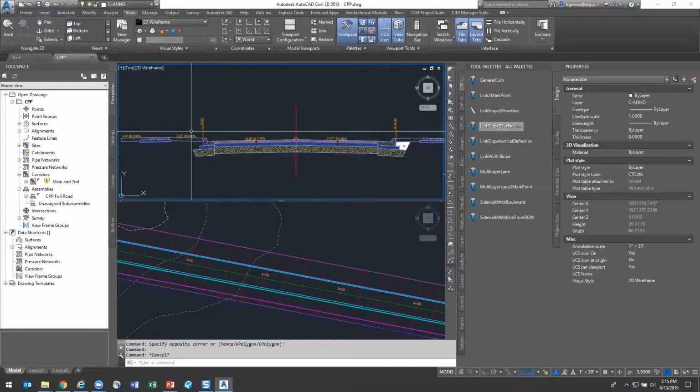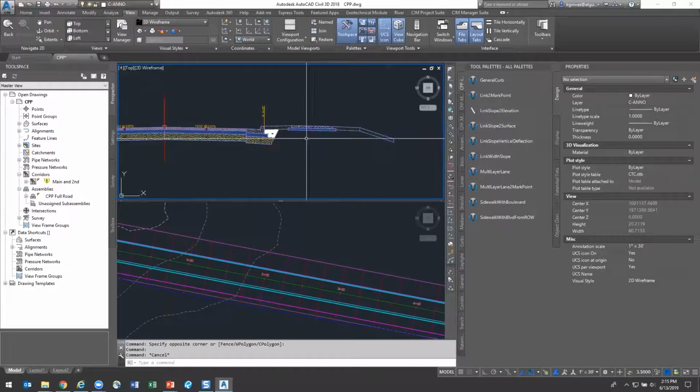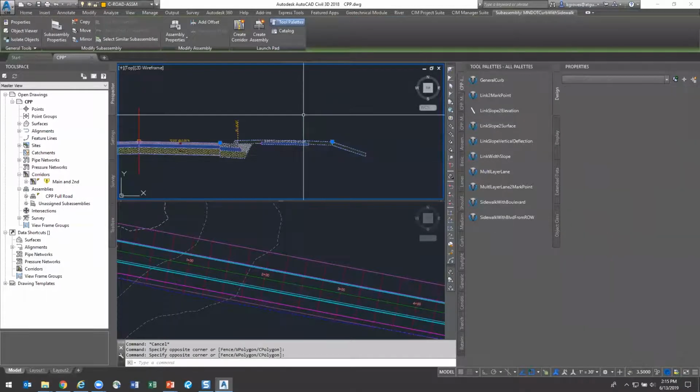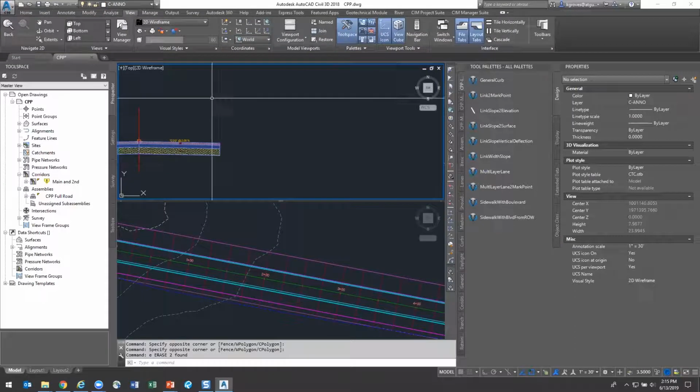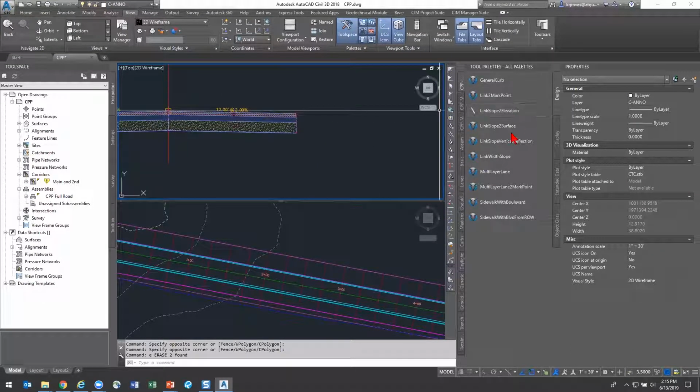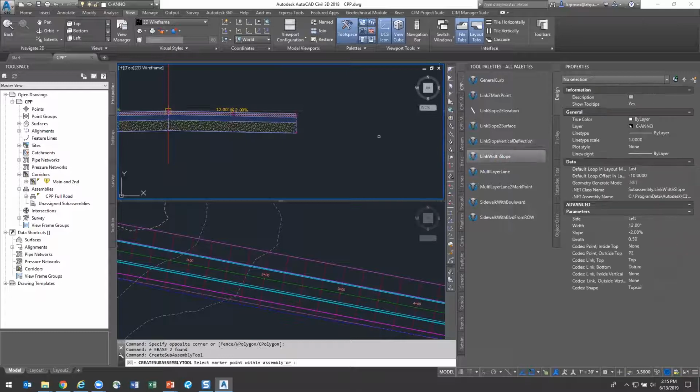And then we've also got some just generic links. I'm actually, we'll come back to those min dots. And since this is going to tie to my right-of-way, that's not really such a good tie-in, but we'll go ahead and use the link width and slope